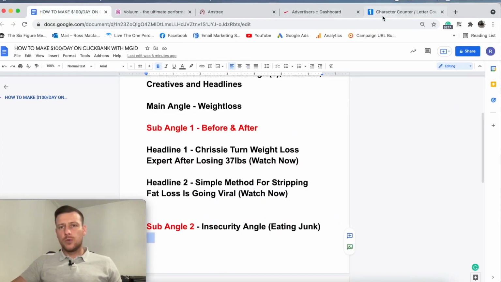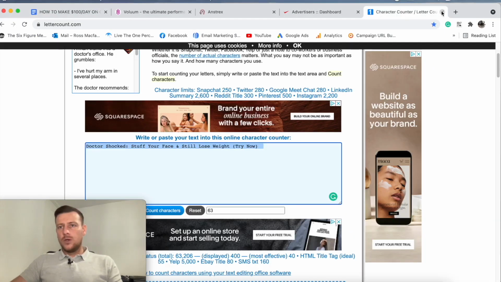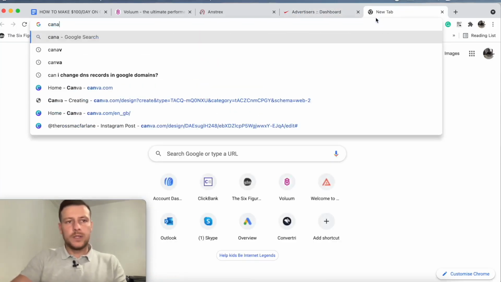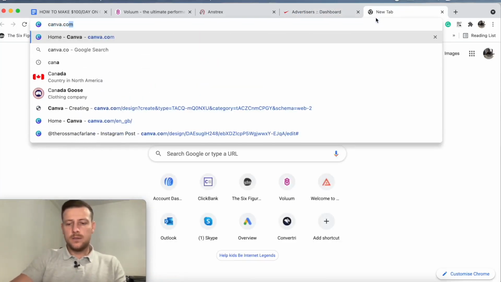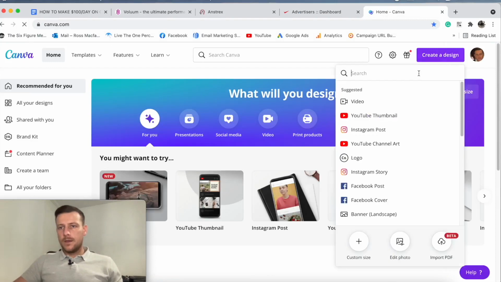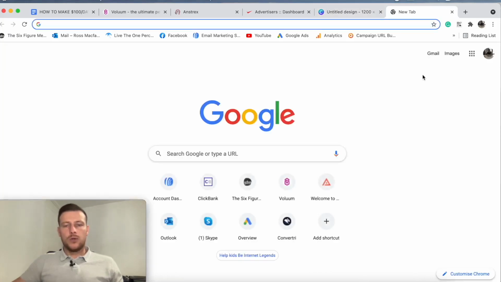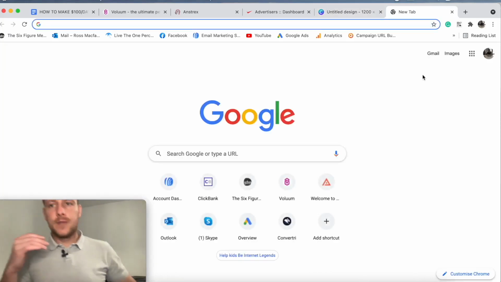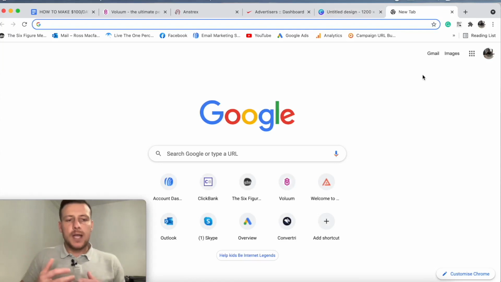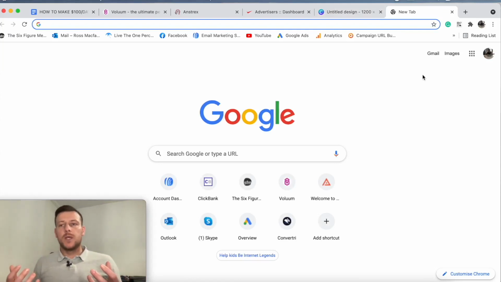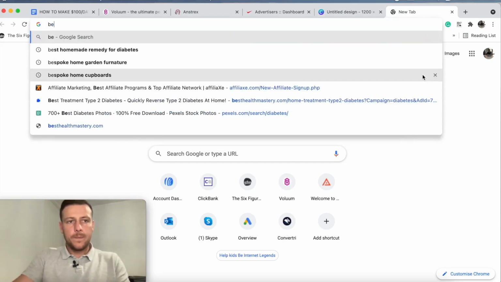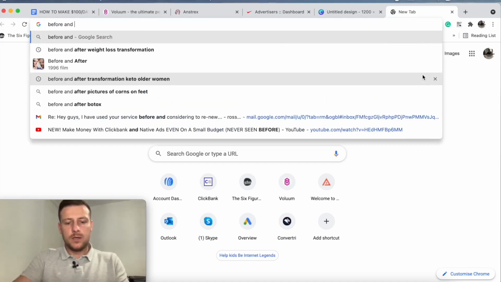So what I'm going to do is head over, close that layer account, don't need that now. I'm going to go over to Canva, create design, custom size, let's do that size, close that, and then I want to find a before and after image. Now this one doesn't really have to be as good as what it will be when I'm doing my creatives, because I'll just say before and after